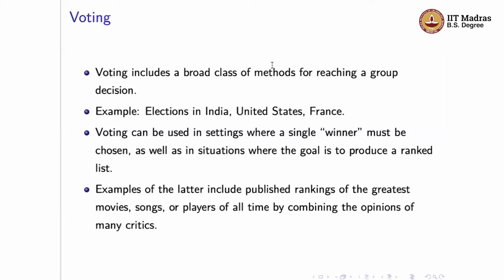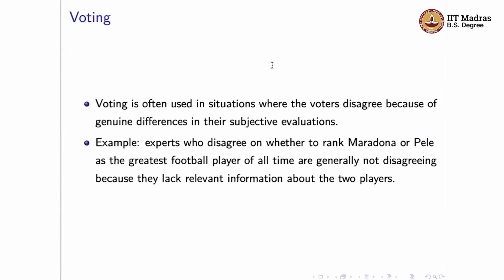So that would be another example where you would not necessarily be interested in just what is the greatest cricket match, right? But you might want to have the top five greatest cricket matches. And there you would want different critics, who might have different opinions, different experts. And then the question is, how do you combine those different opinions? So that's the exercise. So voting is used in very different types of situations.